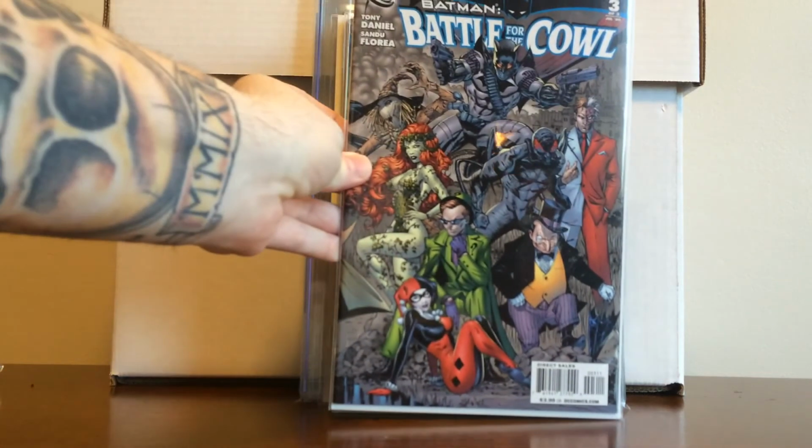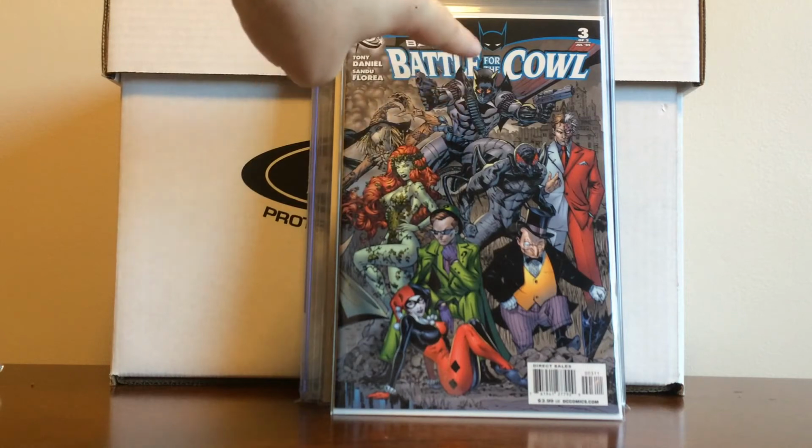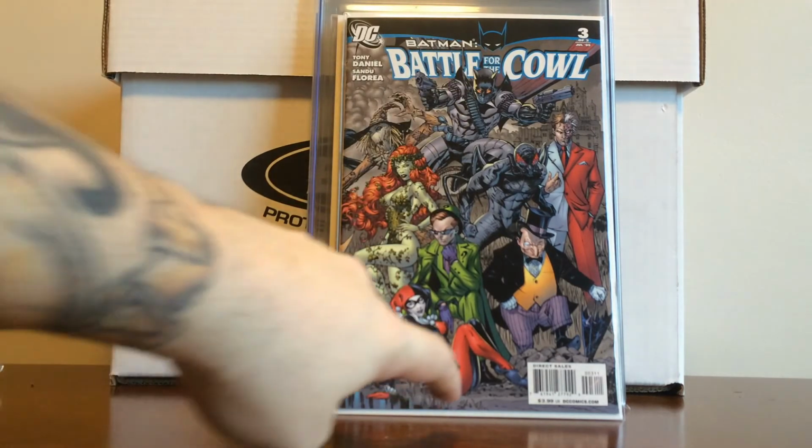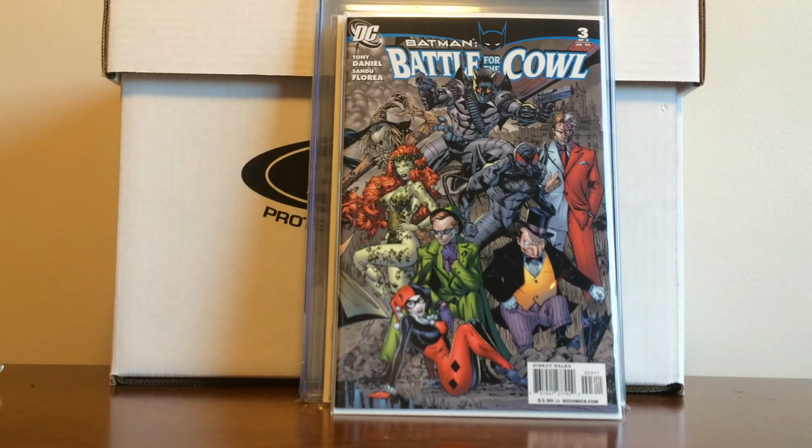Here's the finale of the Battle for the Cowl books, and there's the Jason Todd Batman, so I don't know, it's kind of Arkham Knight-ish. But in this book, it's a twofer, because it's the first appearance of Nightwing, Dick Grayson, as Batman, because he was Batman in some other story where, and I can't remember what it was, he ended up